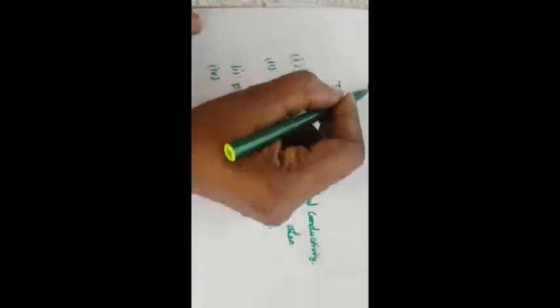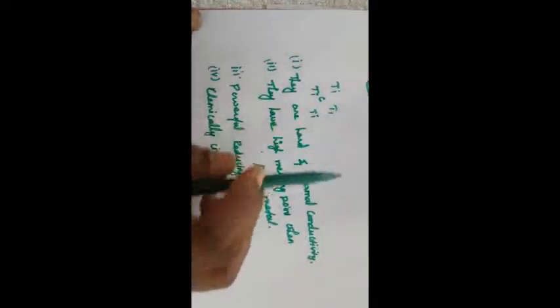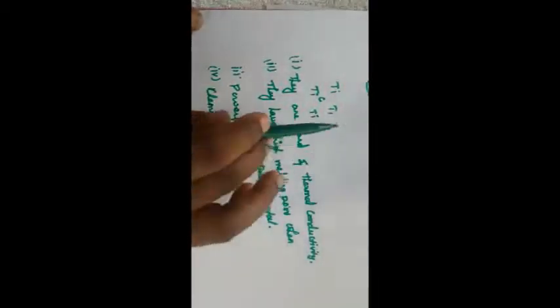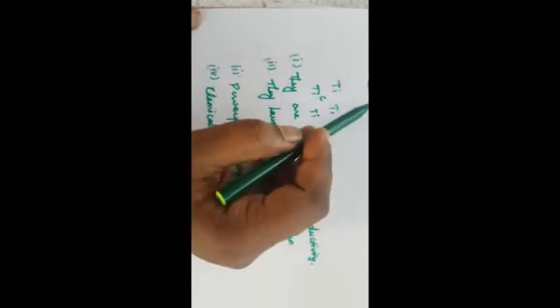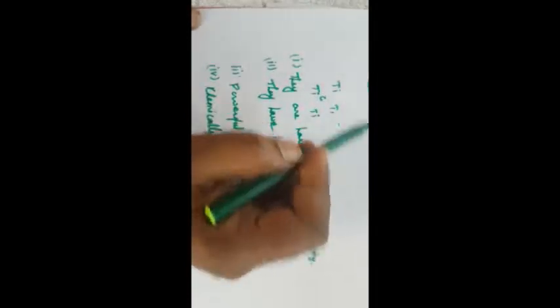Metallic carbides are chemically inert. What is the meaning of that? Chemically inert means it does not react with any compound. So these are the conditions after occupying the interstitial position. They have new properties: they are hard and have thermal conductivity, they have a high melting point compared to the pure metal, they are used as powerful reducing agents, and they are chemically inert.